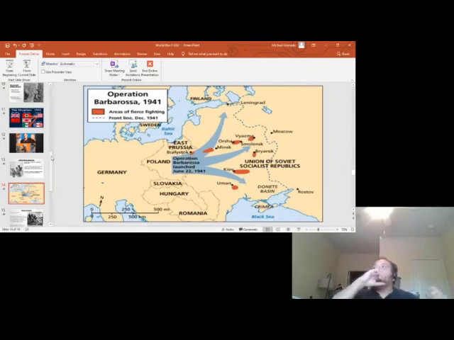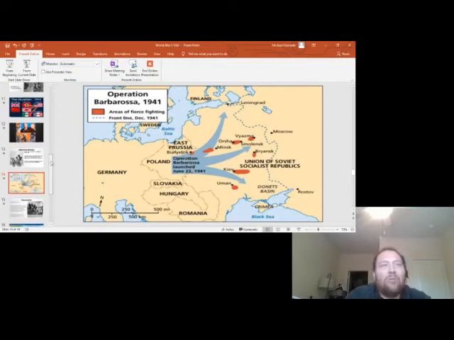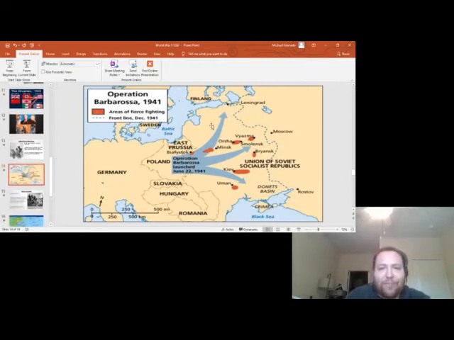But one major difference between the French and the Soviets is that the Soviet army will be able to draw upon this massive reserve, this massive well of people. So yes, the Soviets had a standing army, an army that was ready to fight, but they'll also be able to call in massive amounts of reinforcements. That will just kind of bog the Germans down. It won't be a quick invasion. It won't be a quick defeat. Rather, it becomes this slow, drawn out war of attrition.